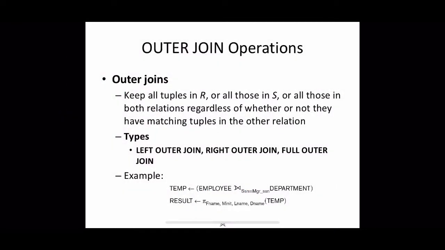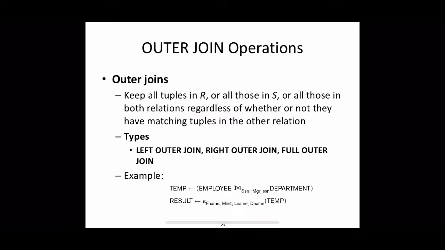Next, let us see an additional extension to the join operation that is necessary to specify certain types of queries. The join operation we have discussed so far was inner join, right? That is, in case of natural join and all, only tuples from R that have matching tuples in S will appear in the result. Any tuple without a matching tuple is eliminated from the join results, and tuples with null values in the join attributes also will be eliminated.